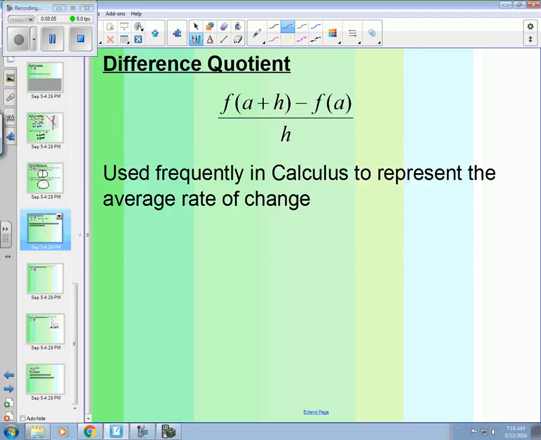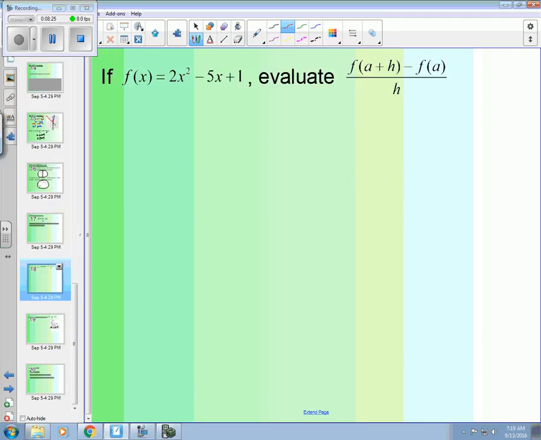Difference quotient. This is used frequently in calculus to represent the average rate of change. We're going to be working with this more in chapter 2, but it's kind of going to be introduced here just as something that you should be able to simplify if numbers are put in there. So for this first one, they want to know if f of x equals this function shown,